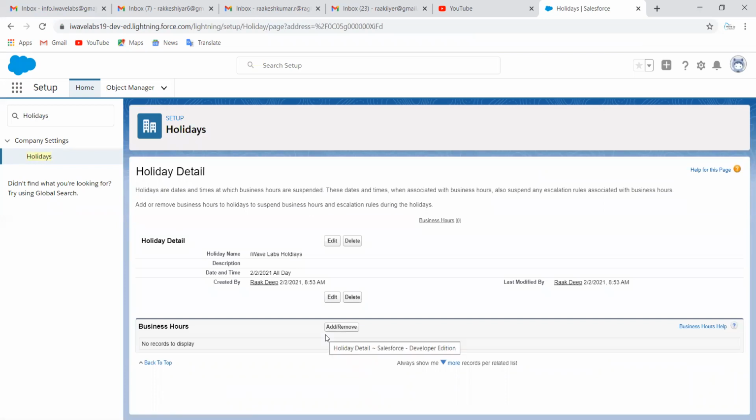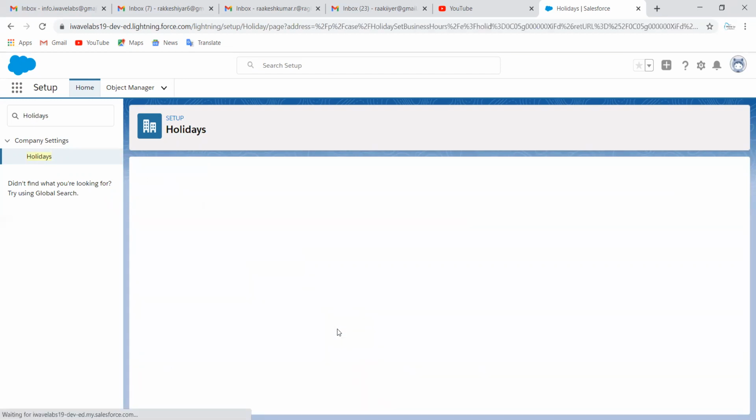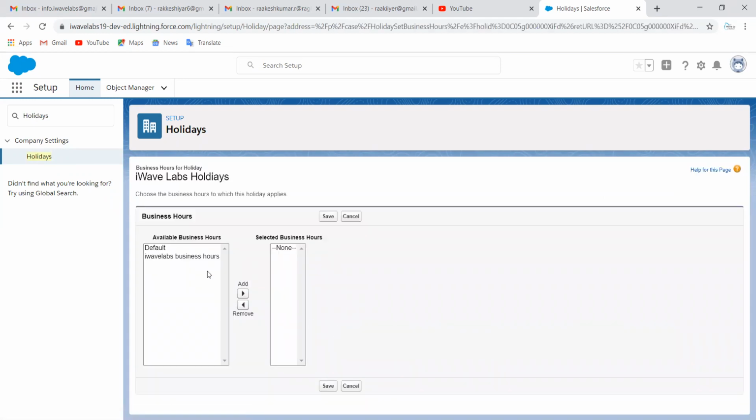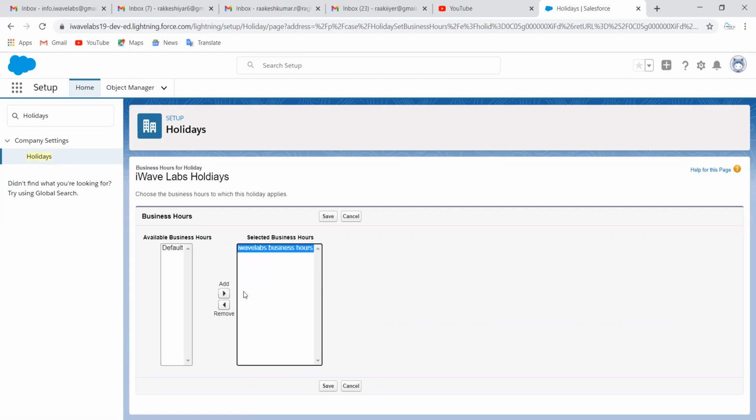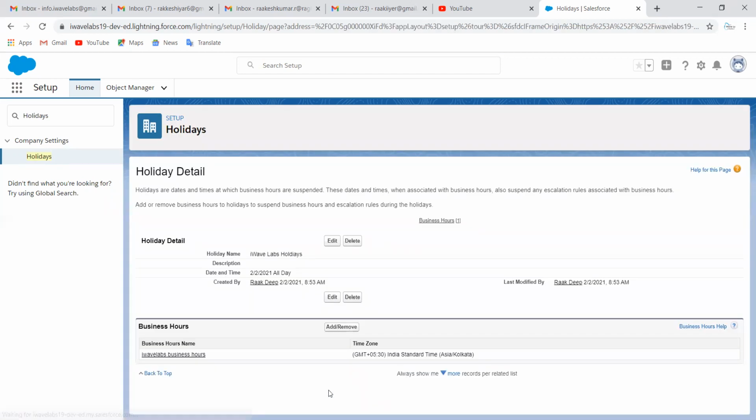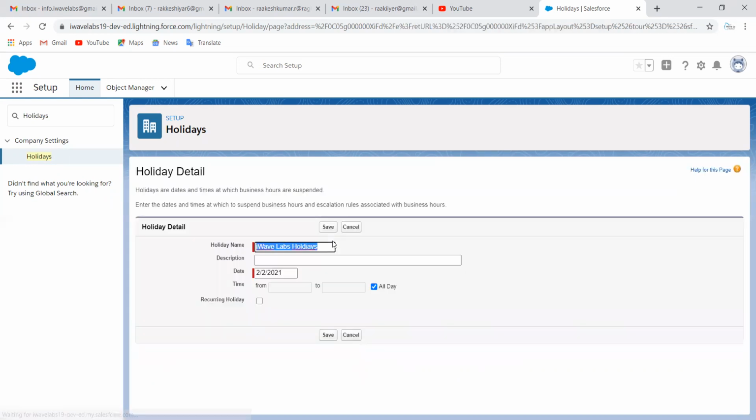And now in case you want to have on this particular holiday hours, what is your business hour? You can add a business hour here. You can select and add your IVA Labs business hour here, and then save it here. So that if it is going to be a holiday, then you're going to specify it as 0. Again, in case you want to edit, you can click on edit here, and you're going to specify from which time. All the day you're on holiday, or what is the time? On a particular day, what is the description? Now I'm going to say Shivaratri.